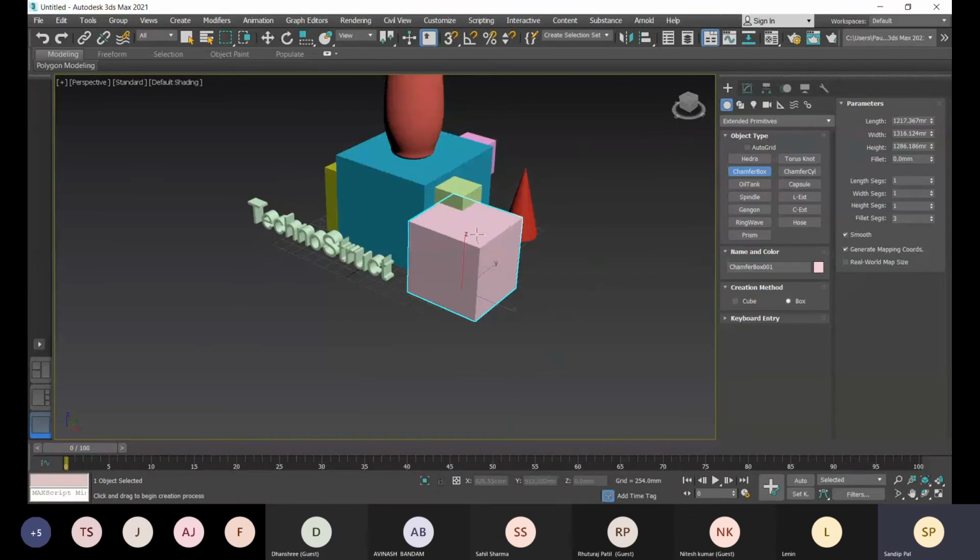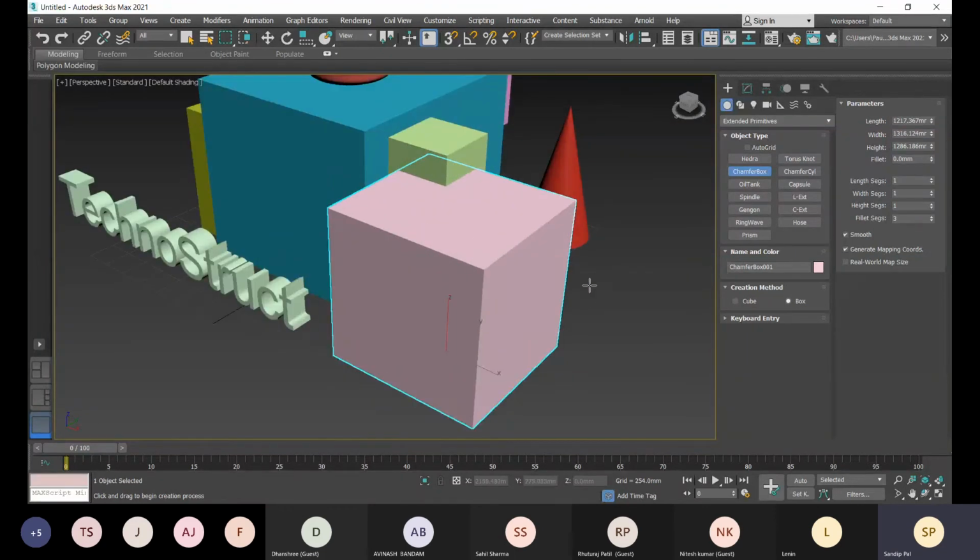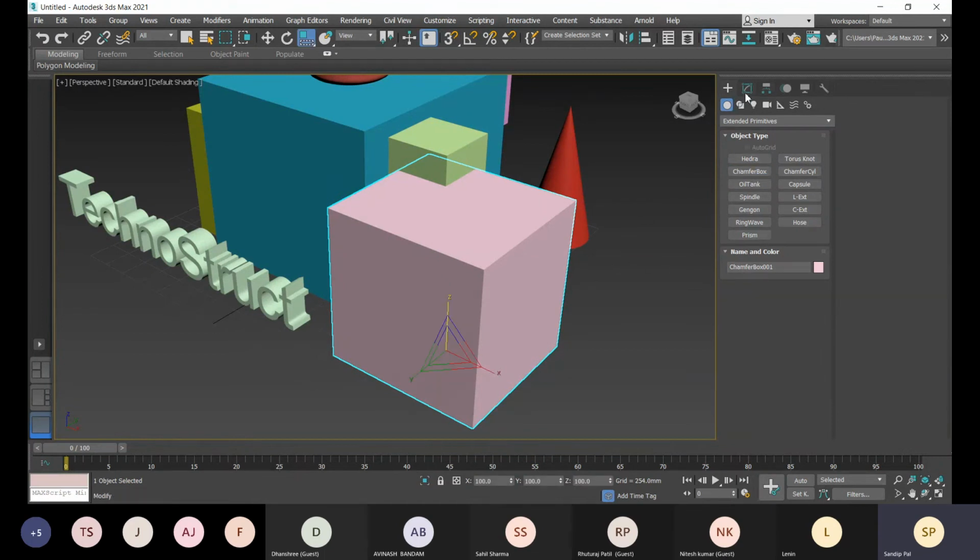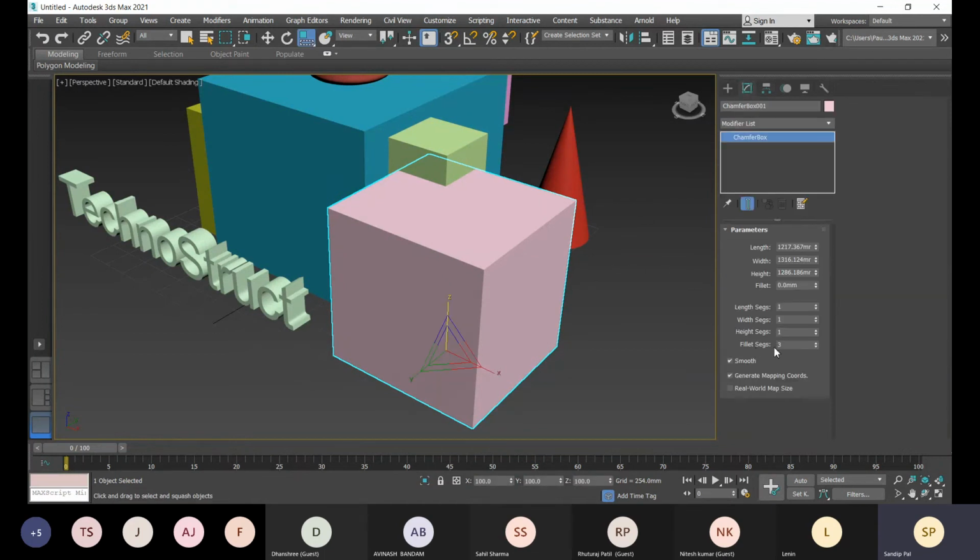Or else you can go to this fillet edge segments, and the fillet will help you.